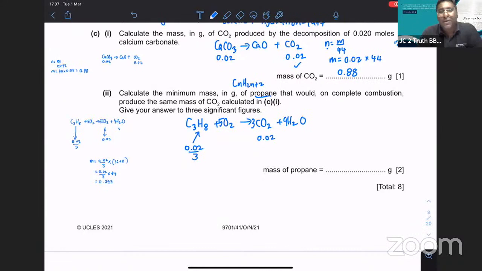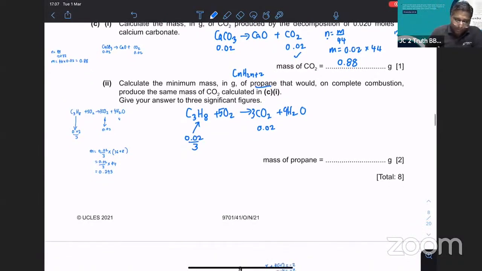Yeah, so once you have that, you can just convert to mass, which is going to be number of moles equals to mass over Mr. So number of moles is this one. I just want the mass. So mass is number of moles, 0.02 divided by 3, times with Mr. Mr is going to be,